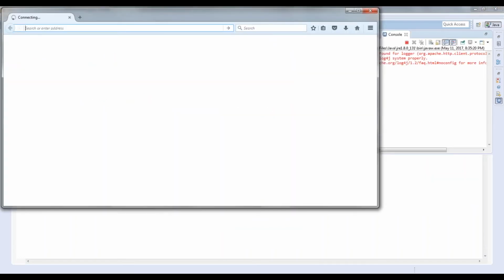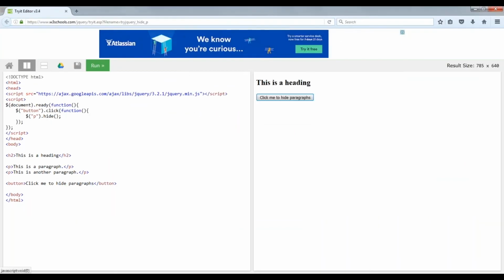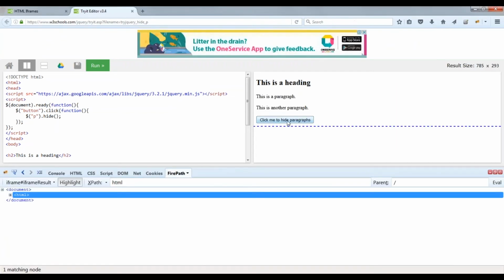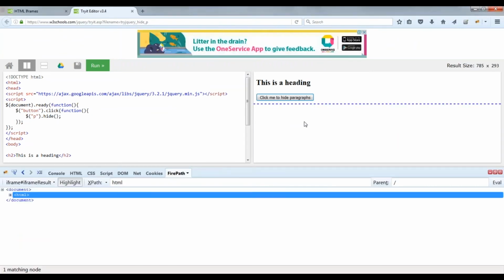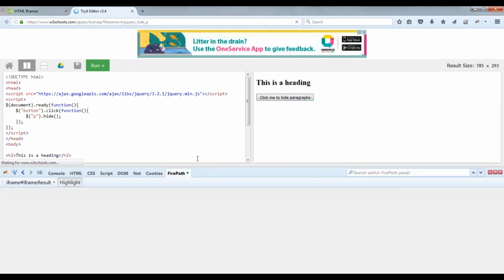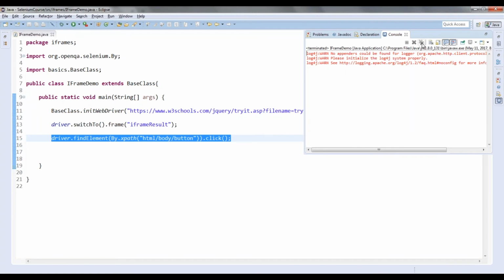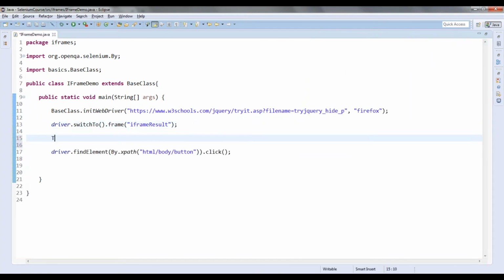It's not going to give me any error message. You can see here it has clicked on this button. Whenever I click on this button, the things are hiding, so in my output also it is hiding. So let me show you that again. I will put a sleep time just for the demo purpose.